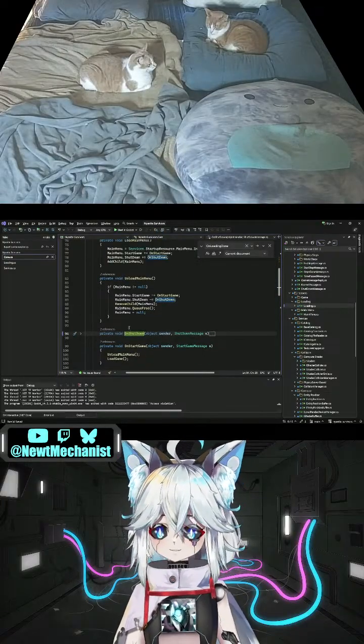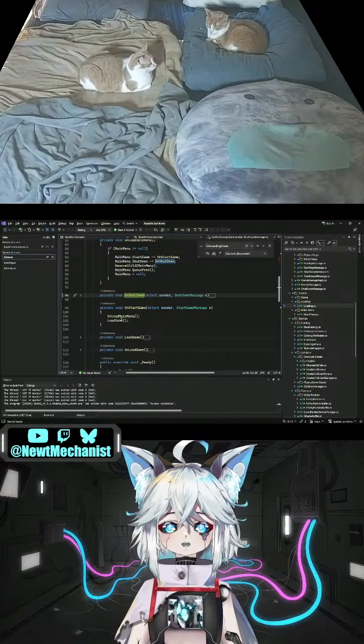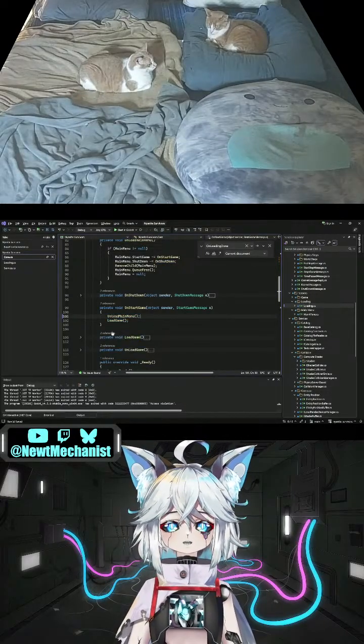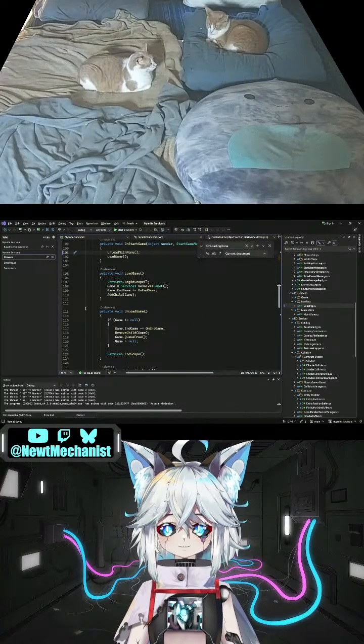Yeah. So on start game, I press the button, which will take us into the game screen. We get rid of the main menu, we load the game screen. Similarly with the game screen, we have a bunch of